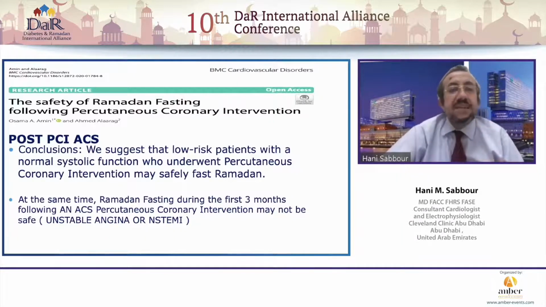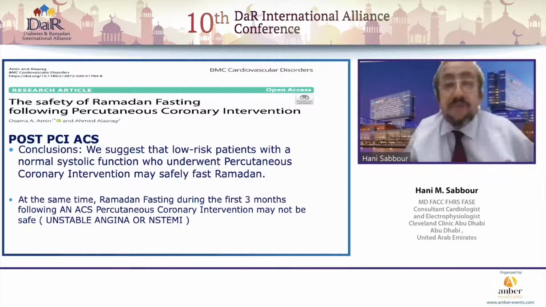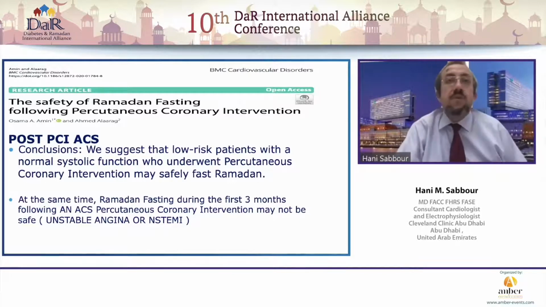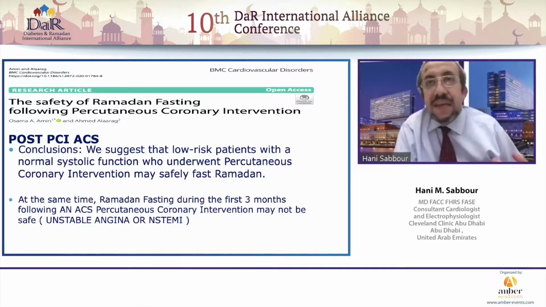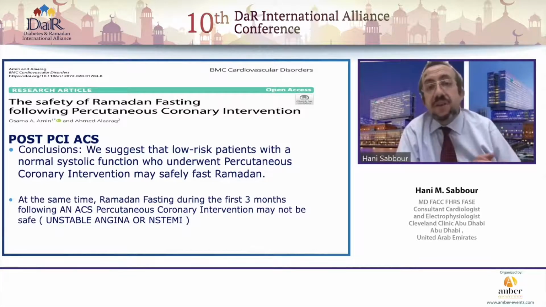Now, you're going to find this study very interesting because this is from a group of physicians on primary PCI, stenting, in which antiplatelet therapy is absolutely critical. So if we look at this very carefully, these are patients who had post-PCI and either ACS or stable coronary artery disease who were given dual antiplatelet therapy. The conclusion, low-risk patients with normal systolic function who underwent PCI may